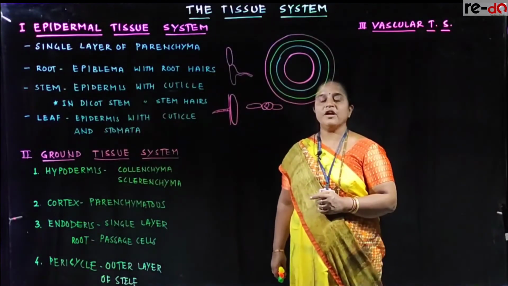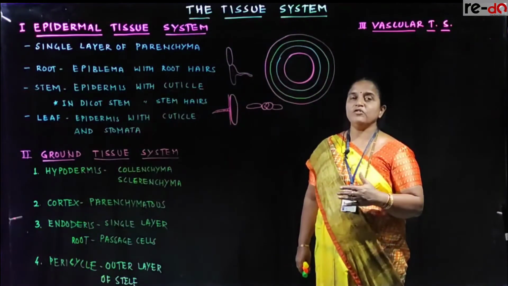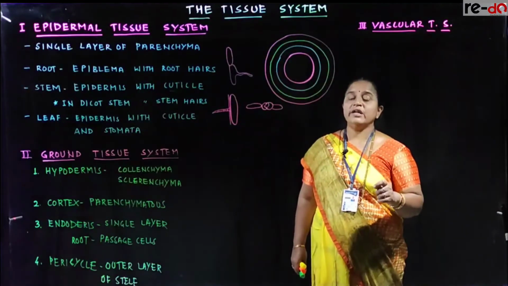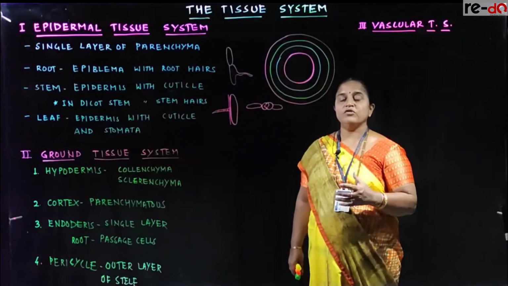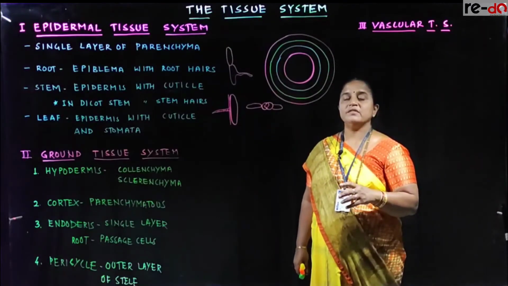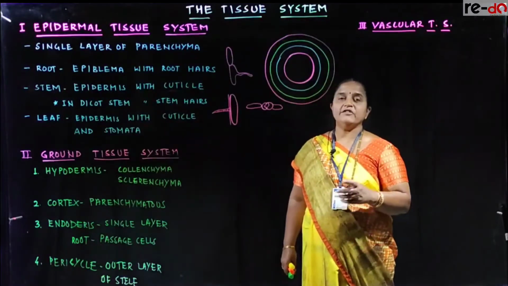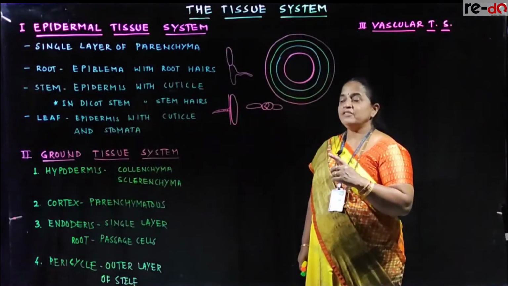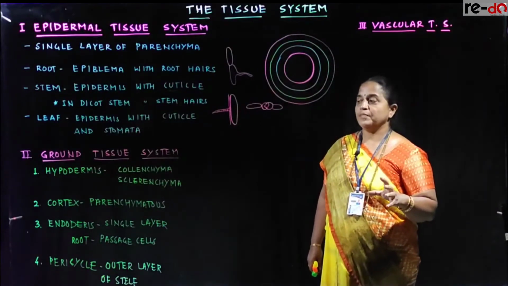The next region of ground tissue system is the multi-layered parenchymatous region with lots of intercellular spaces. It is known as cortex. In the root, the cortex helps in radial conduction of absorbed water, also helping in increasing the root pressure, which will influence the ascent of sap. While in dicot stem, the cortex stores starch granules. In monocot stem, we don't find these differentiated layers. The entire region is known as ground tissue.